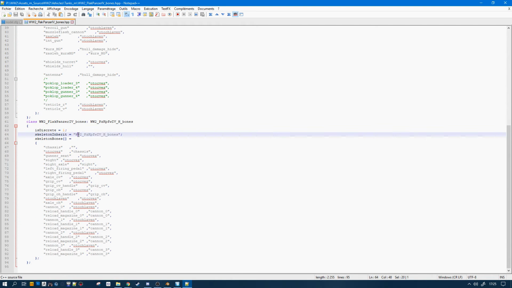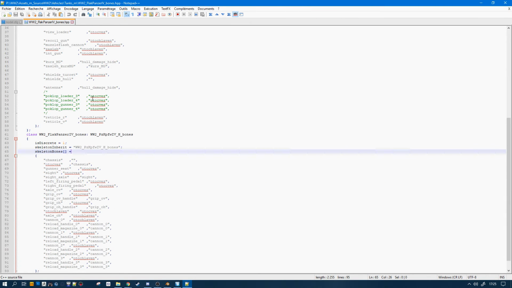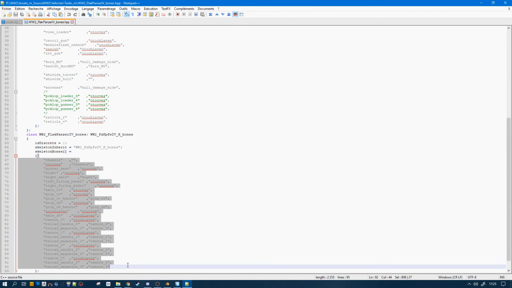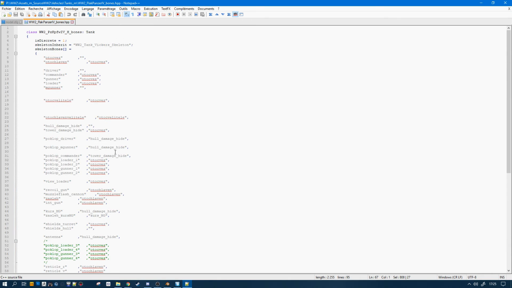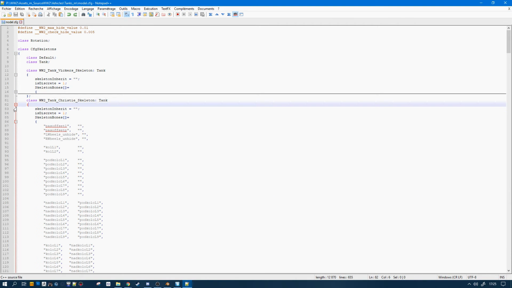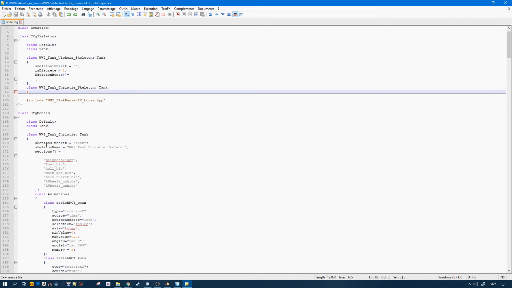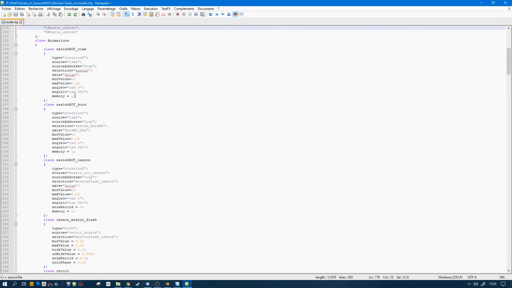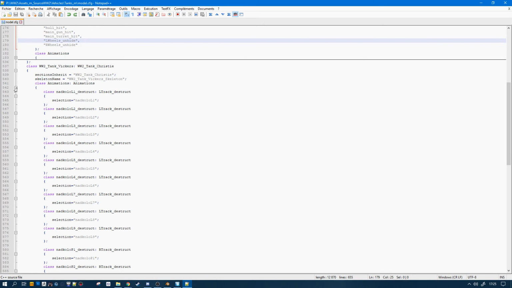And even more specific here on the Flak Panzer, it uses the Panzer 4 skeleton, and on top of it I have a specific skeleton just for the flak gun, which is mounted on the turret. And so you have the same system for the Christie and Vickers animations here.